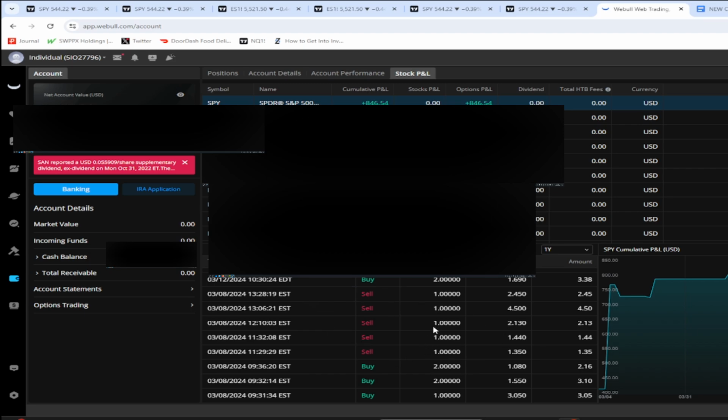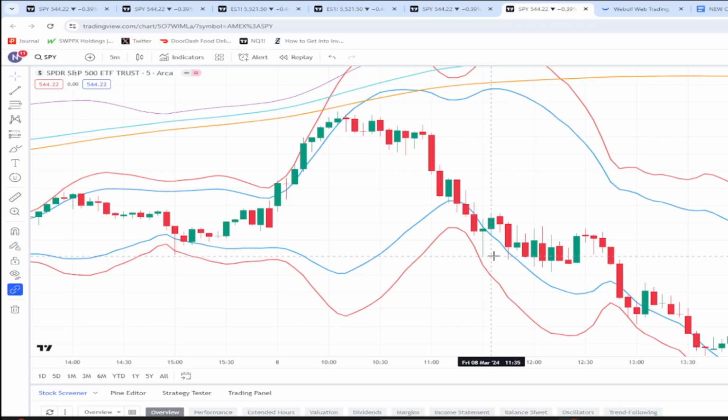You can see 5 contracts that I ended up selling and where I sold them. So the first contract I got rid of at 11:30. So we're back on the SPY 5-minute chart, and I want to show you guys where I ended up taking at 11:30. Right here, this candle came down to wick right here, and this is where I sold my first